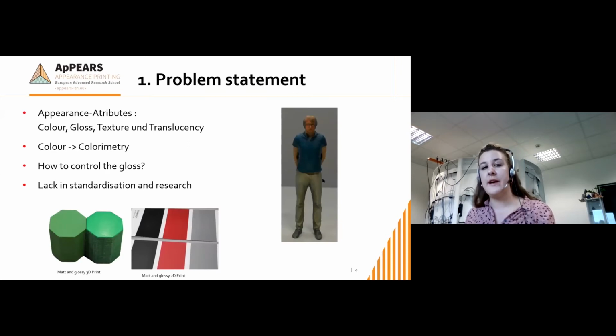So as we all know, there are 4 main appearance attributes, namely color, gloss, texture, and translucency. And through years of research, we can today control color very well. For example, here on the right is my course supervisor printed in 3D, and the colors are actually produced very well. But this print needs a little bit more than just color in order to look more plausible. And since gloss is the second most important attribute right after color,